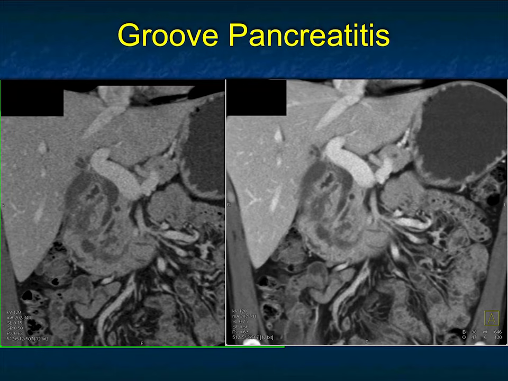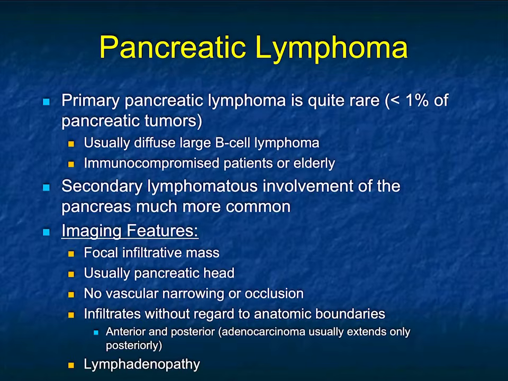With groove pancreatitis, here's just a good example: dilated common duct, pancreatic duct. You're thinking about a double duct sign. There's increased soft tissue density, but then there's that low density between the duodenum and the pancreas, and that's that groove pancreatitis. That's that fluid inflammation. We've seen patients be operated on because of groove pancreatitis, so it's a very important diagnosis and something important to